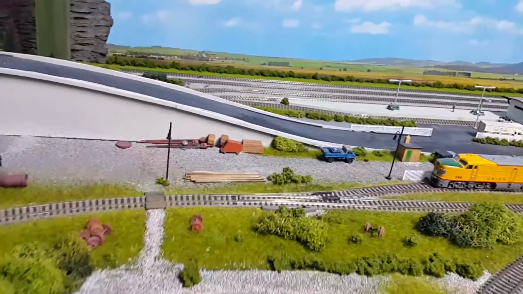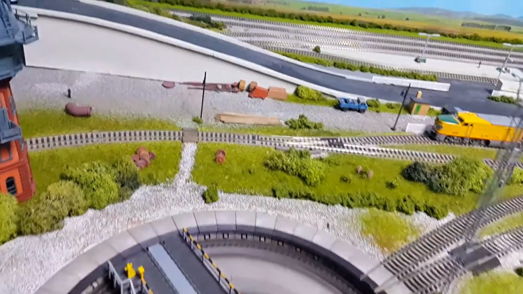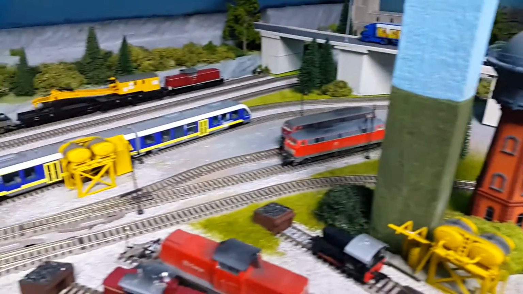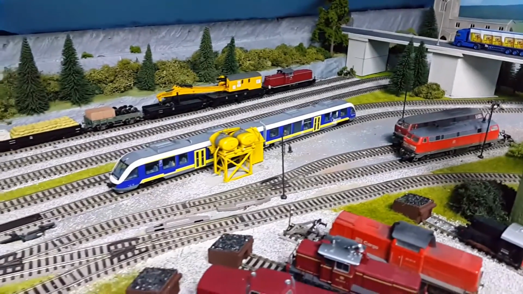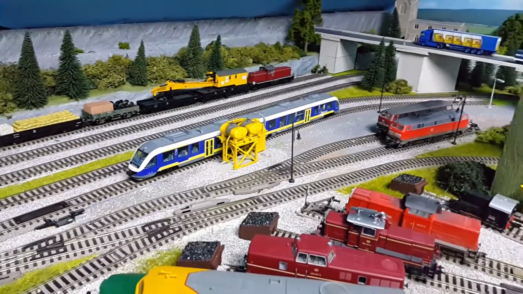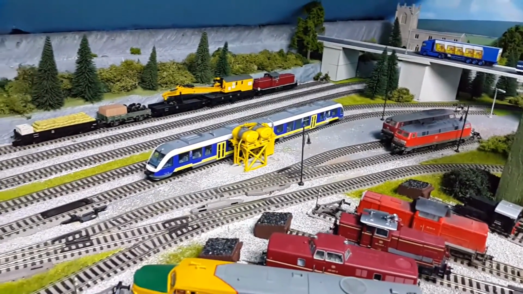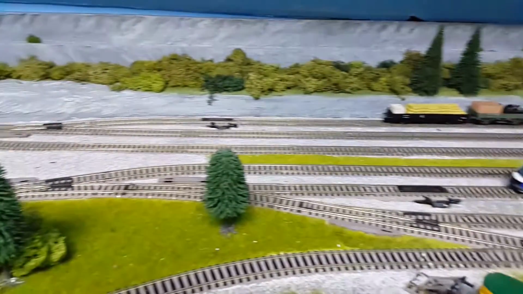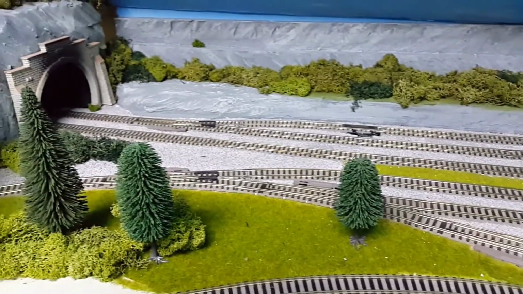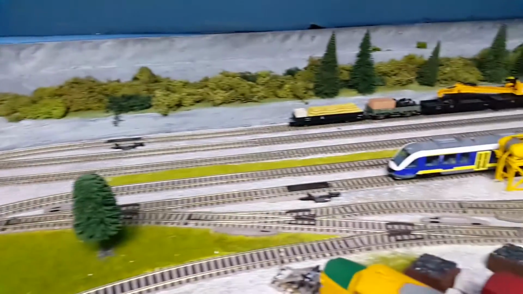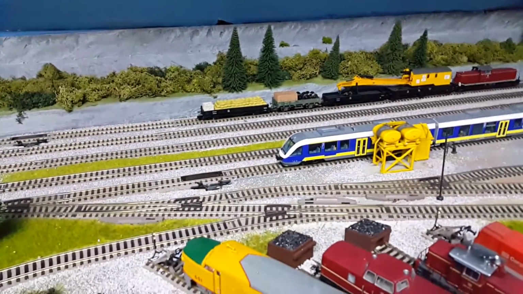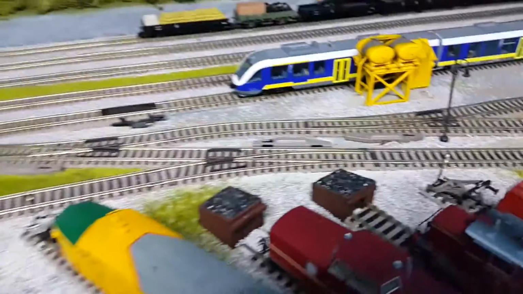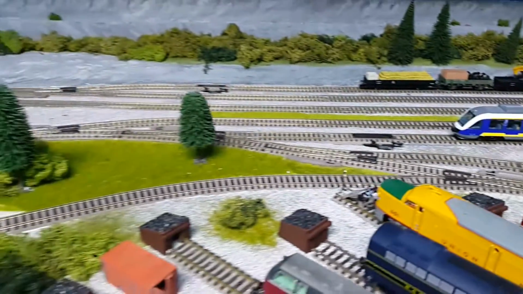And it comes around the turntable, back round the back of the water tower, and then there's another storage area for diesel trains, etc. 1, 2, 3 areas there. And that 4th inner main line branches back out onto the 3rd main line, or it can loop around from that point there near the coal bunkers and come around back on itself